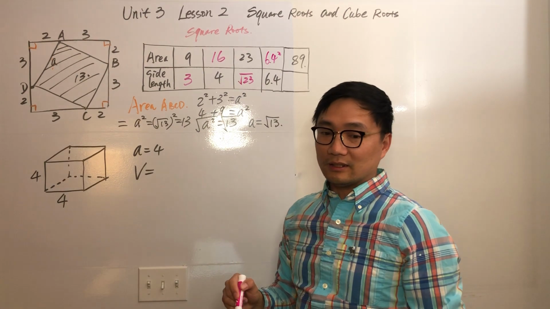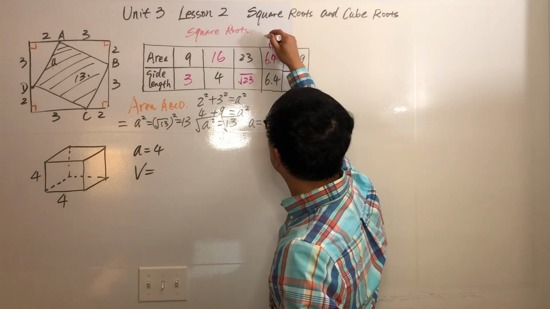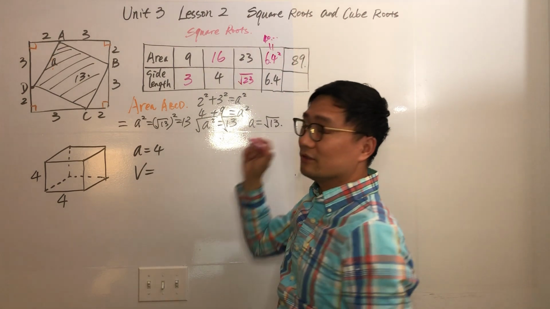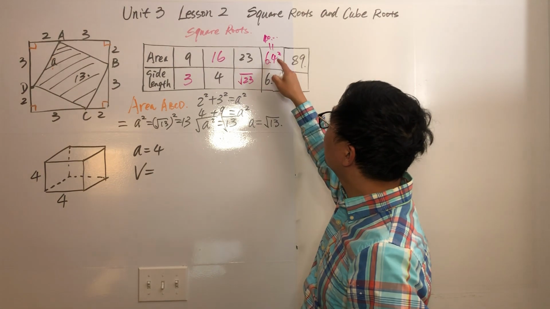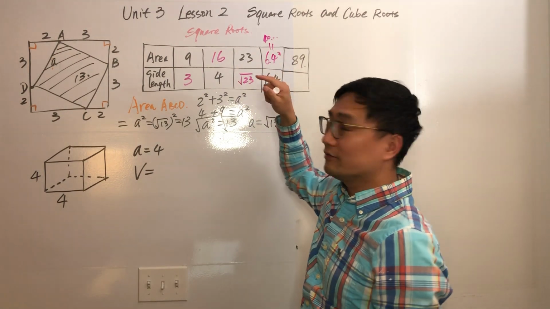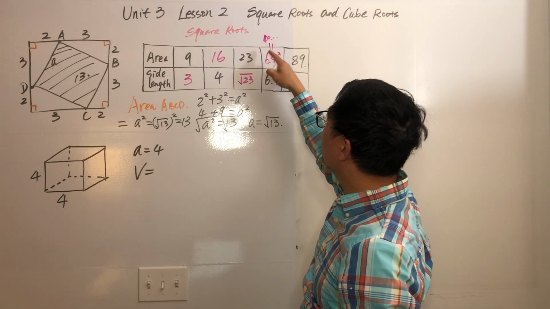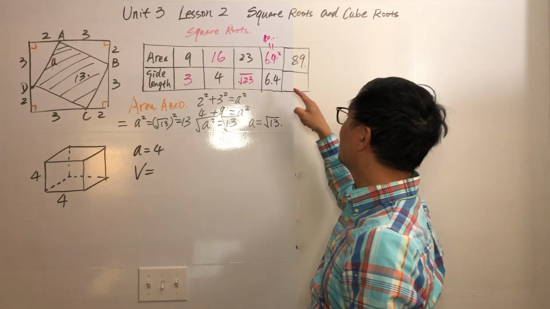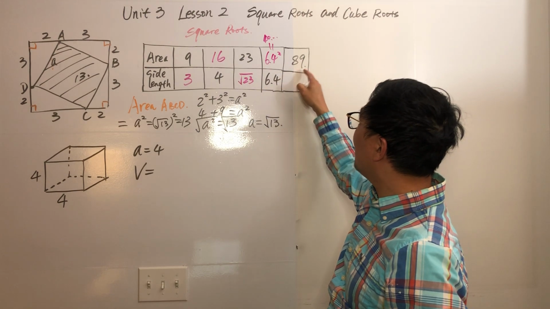Okay, maybe it should be equal to 40 point something. I don't have the calculator, so you can leave it like that. You can use the calculator to find out the final number, because you know it's 6.4 squared. You get the area. So if I said the area is 89,